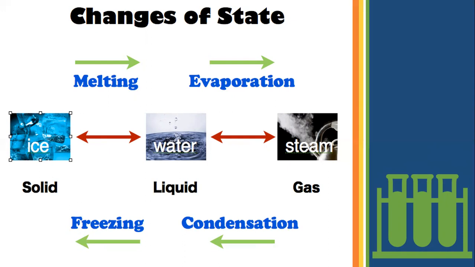So matter does not only exist in one state, but a substance that is in one state is able to change from one state to another. For example, our ice, it can change to water by melting. And if you should add heat to that water, meaning you put it on the stove and you turn it on, then what's gonna happen is that it will eventually boil and evaporate. And then that will form steam or water vapor. So we have changed from a liquid state to a gaseous state.